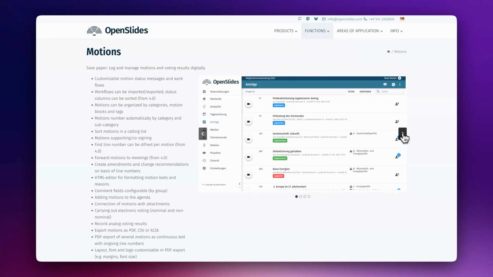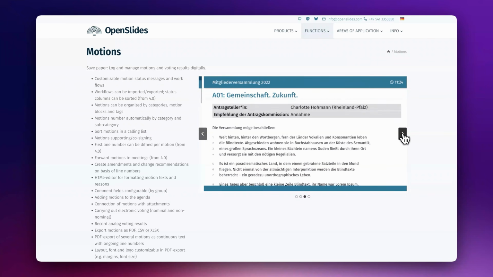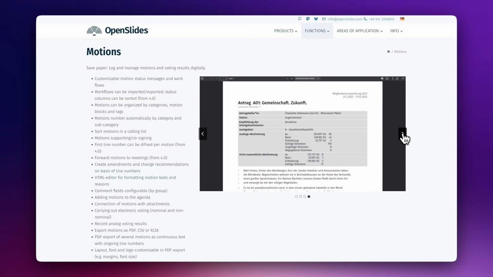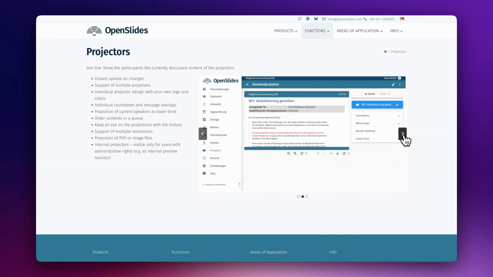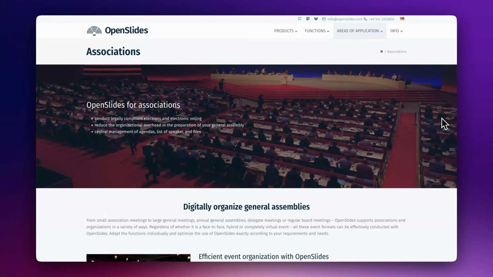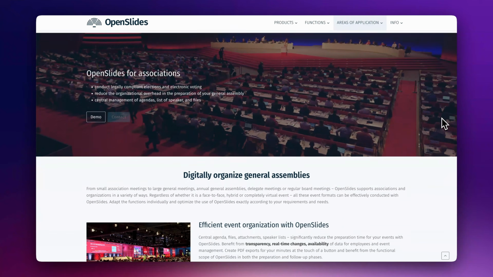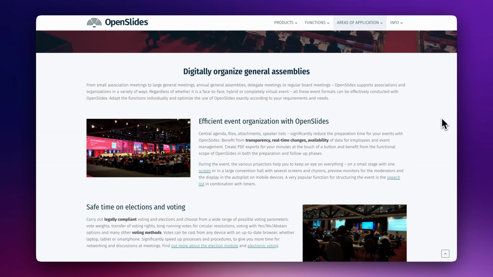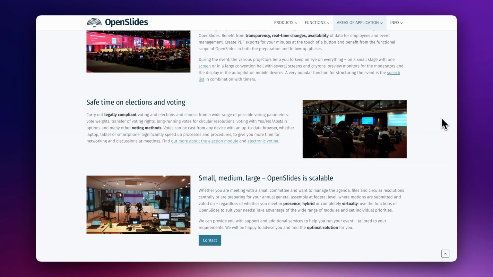It can digitize your entire meeting workflow, from agenda management to live voting, meaning you run more efficient meetings while ensuring transparency and participation. Ideal for parliaments, associations, political parties, and any organization where you need to manage complex democratic